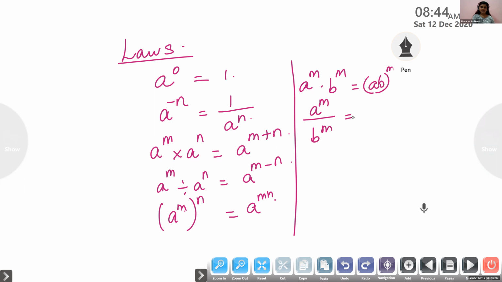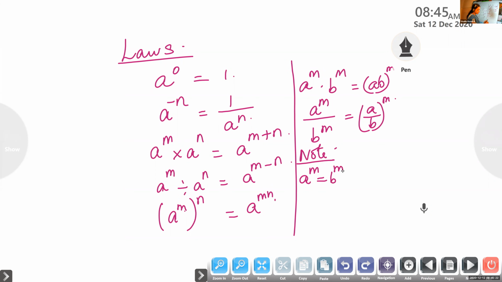(a minus b) raised to m. (a by b) whole raised to m is a raised to m by b raised to m, which means we can write this as (a by b) whole raised to m. Then the next two things we are going to learn is, suppose a raised to m is equal